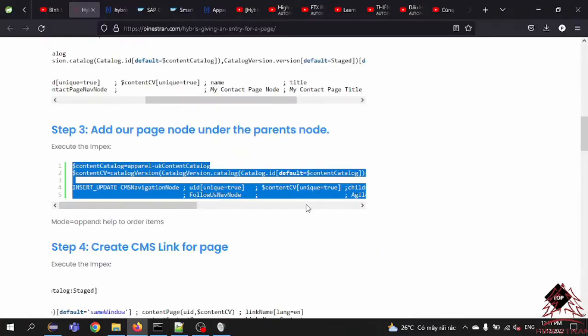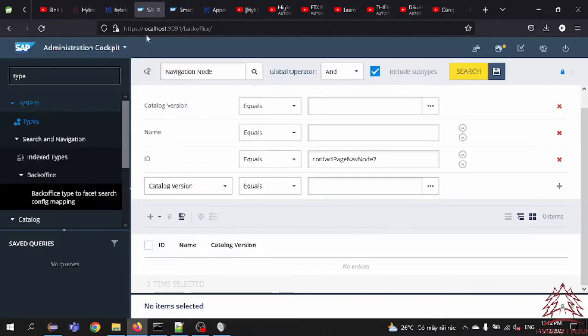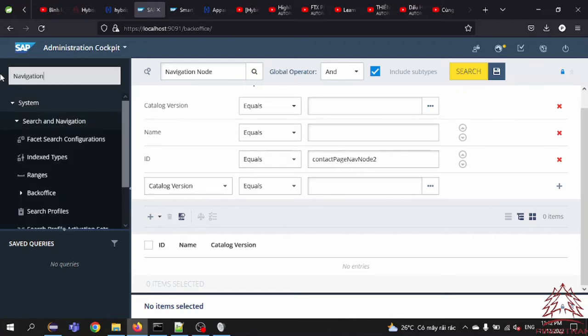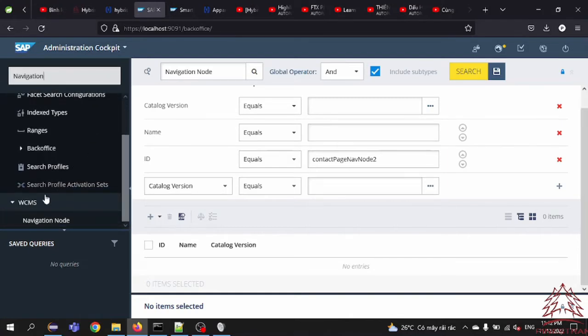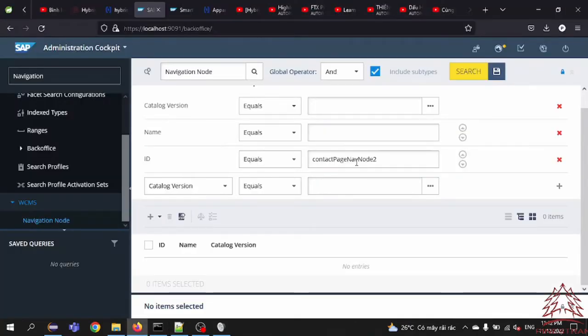So how to get the node ID for each child from here? We have the basis SAP and contact us as children of SAP customer experience. So we need to get the ID of each page by searching for the navigation node from the WCMS. And after that we paste in the ID of the parent,